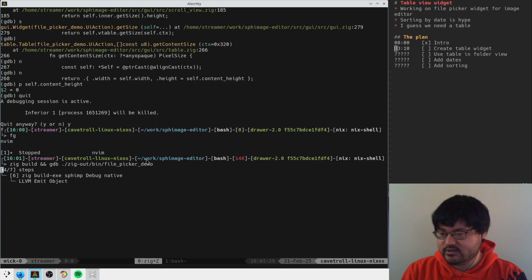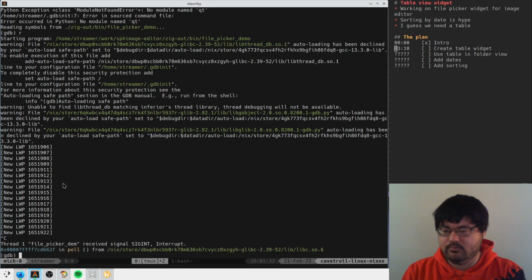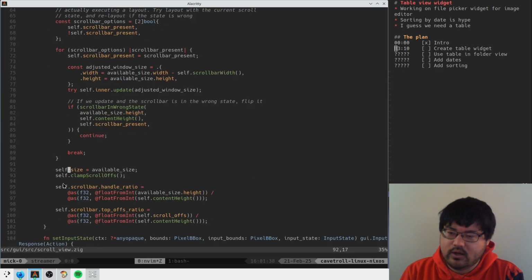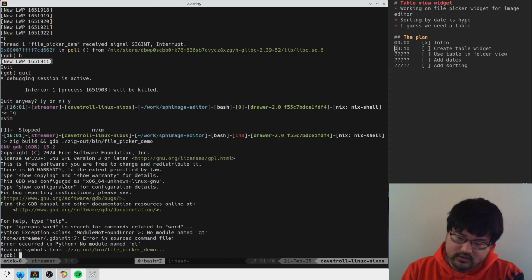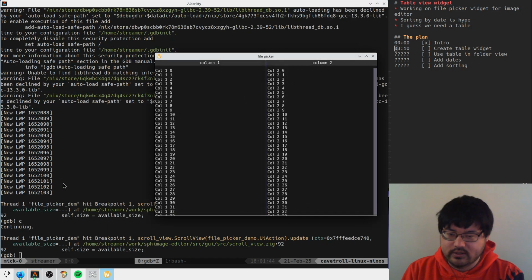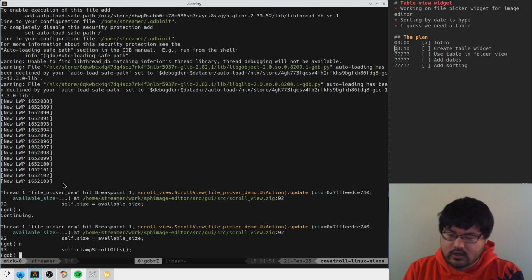Although I imagine this still won't fix the problem. We've still got some bullshit here where the scroll bar is not working the way I want it to. So let's go back here and debug again. Okay, so we go once. Okay. So now can we look at, up,